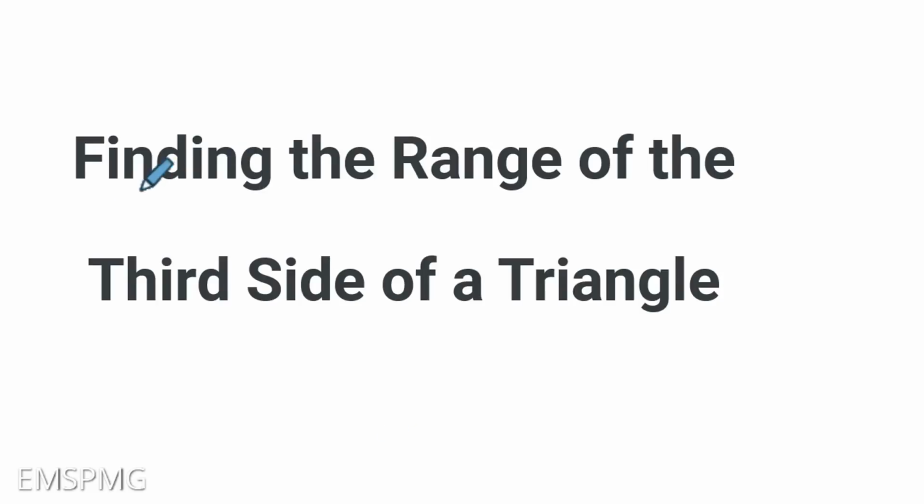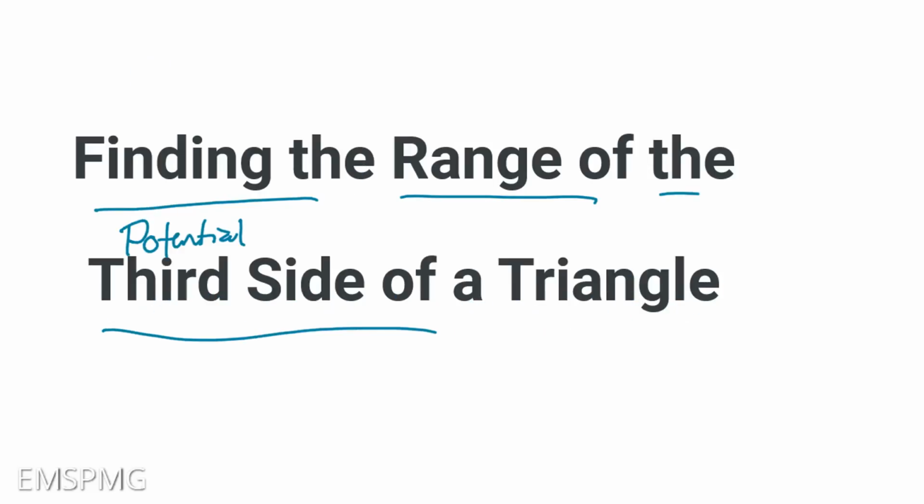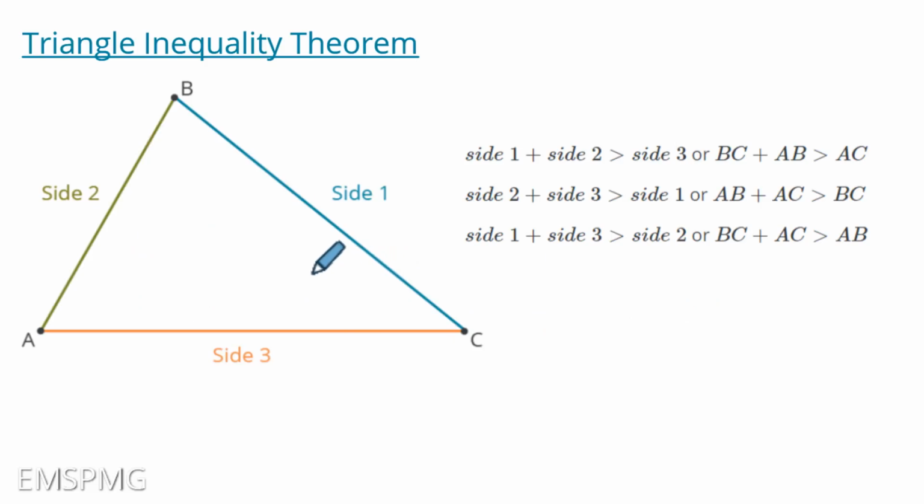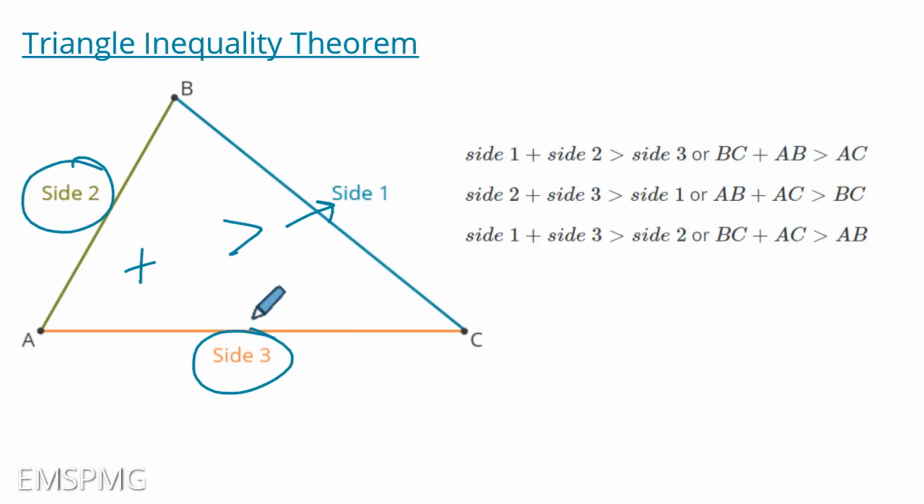Hey, in this video, we're going to see how to find the range of the potential third side of a triangle. Okay, so just as a review, there's something called the triangle inequality theorem, which you learned in the previous video. That's basically saying that any two sides, when added together, must be greater than the third side. Okay, so any two sides that you pick, when you add them together, they must be greater than the third